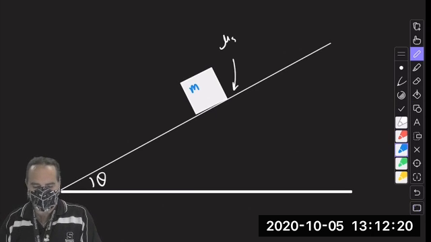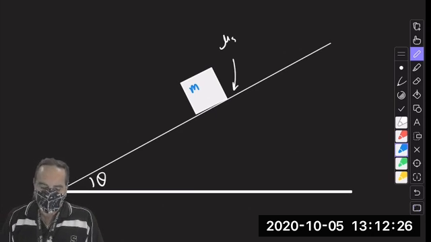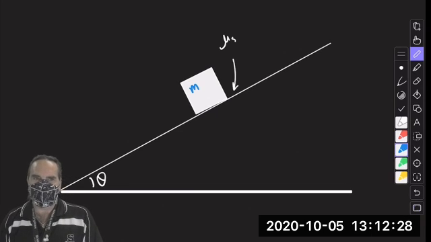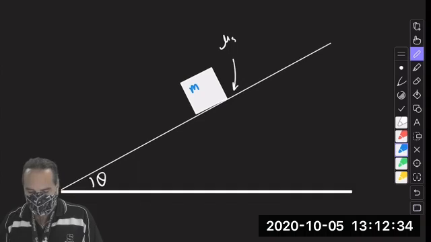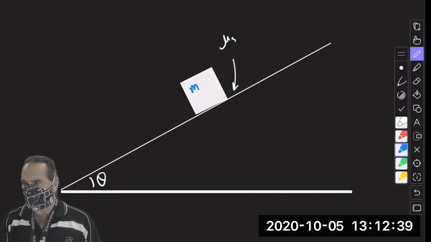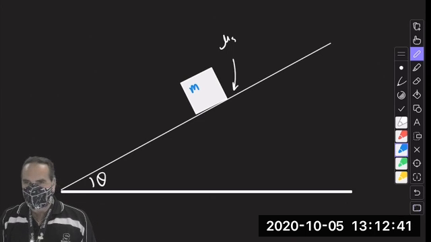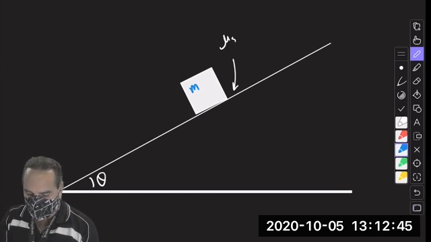So here we go. Here's the question. What is the maximum angle at which I can lift the incline and not have the box slide down the ramp? I believe you guys should have no difficulty in solving this problem, but let me point out,